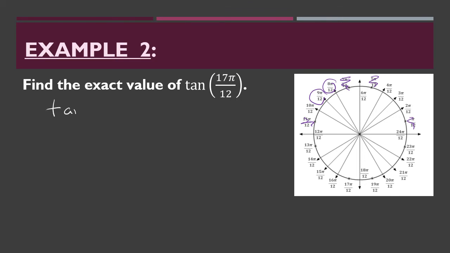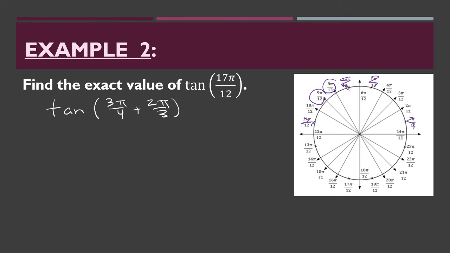You can actually convert these. So if I take 9 pi over 12, that's really 3 pi over 4, and then plus 8 pi over 12, which is 2 pi over 3. So if I use my formula for tangent,